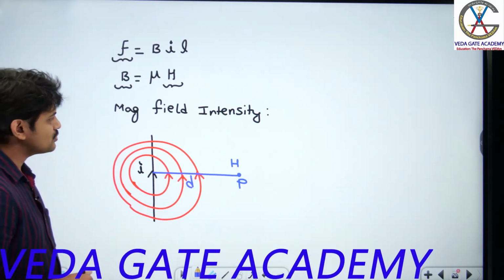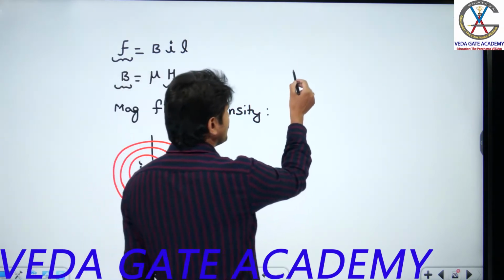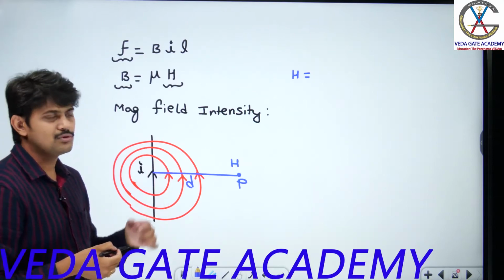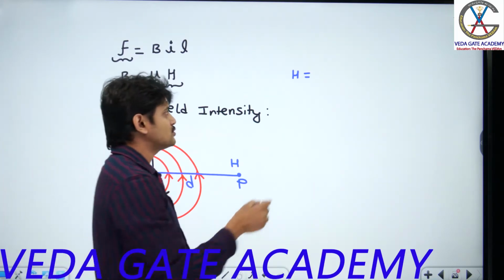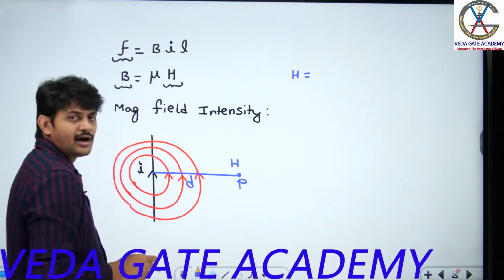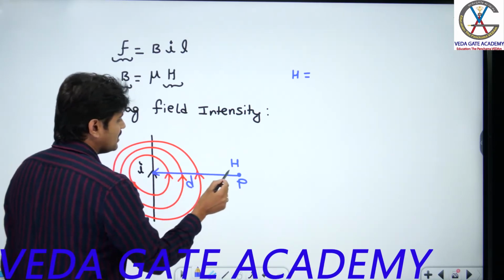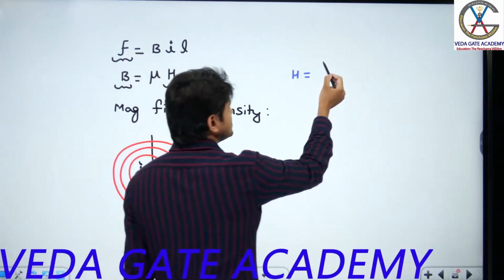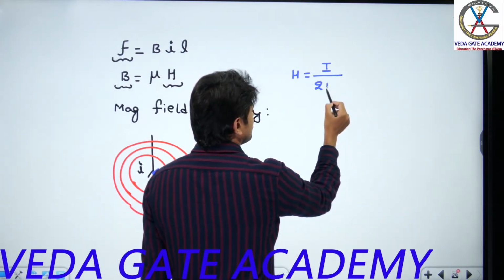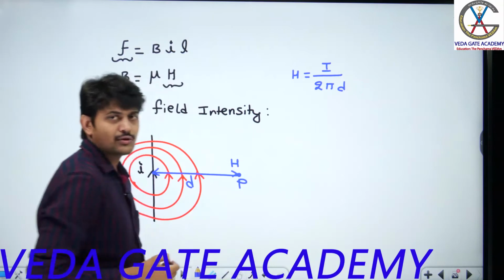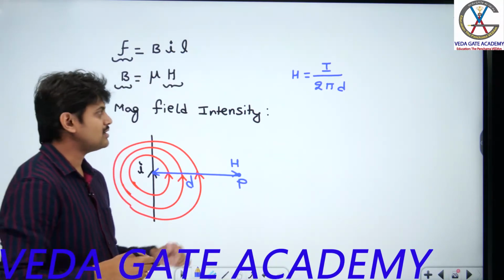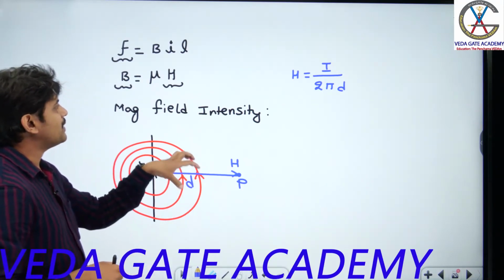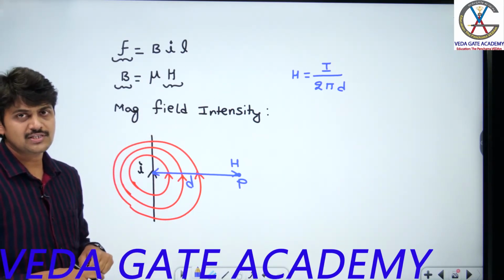There is one standard formula. I am not going to discuss the proof of that formula here; in electromagnetic field theory, we have discussed this magnetic field intensity. So the magnetic field intensity at a point P, which is d meters away from this conductor at a perpendicular distance, is H equal to I by 2 pi d. Here I is the current flowing through this conductor, and d is the distance between the point and the current. Now I am going to apply this formula to determine the forces acting on the conductors.